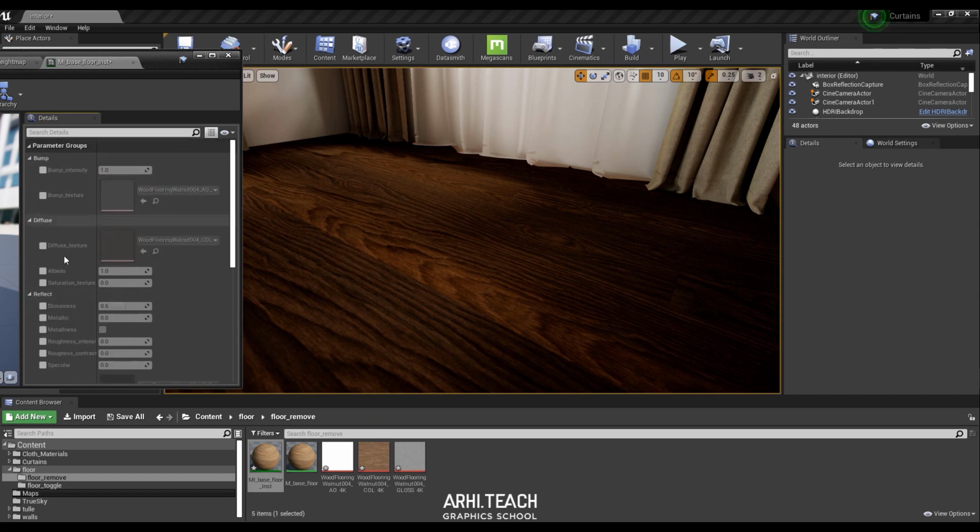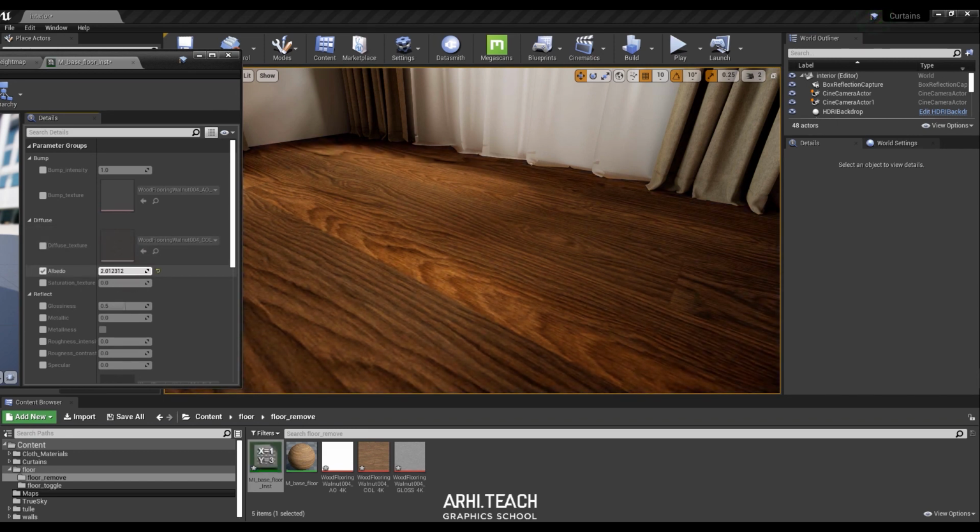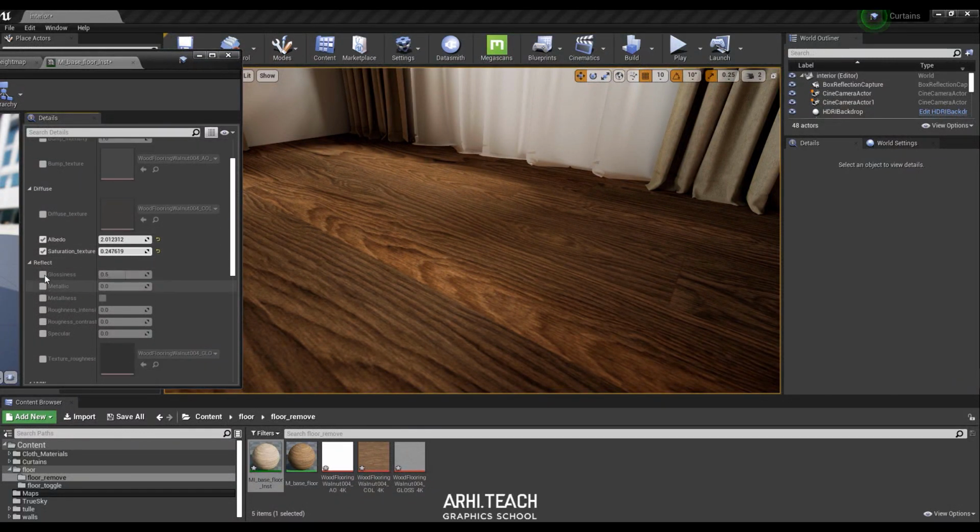Now, bump. Let's start with albedo. I would like to make it a little lighter. You see, we make it lighter, but the texture becomes brighter. So we compensate, desaturate our texture. Then I turn on roughness intensity. I'm increasing the value, but nothing will happen until we turn on the specular. We turn on specular and the reflection for dielectrics starts working right away. We have metallic, this is a reflection for dielectrics. You can add a little metalness to non-metallic materials.